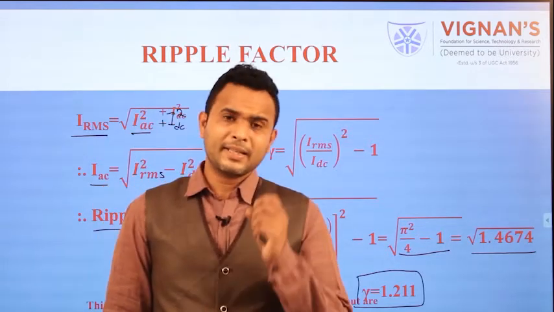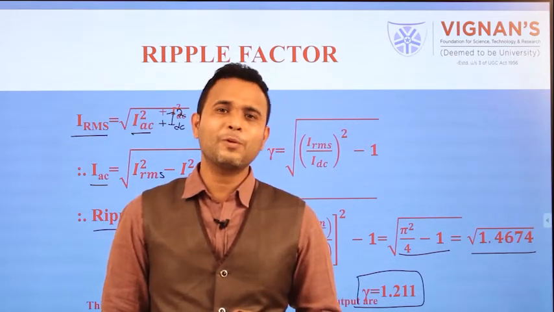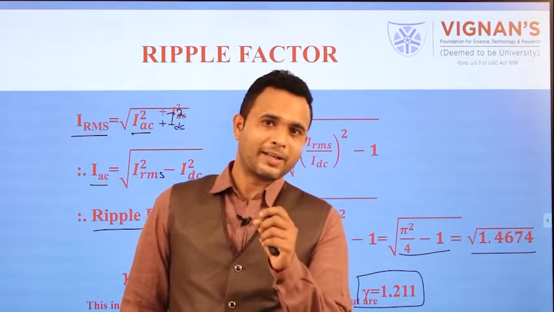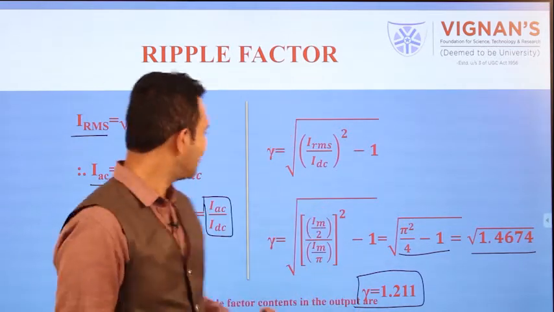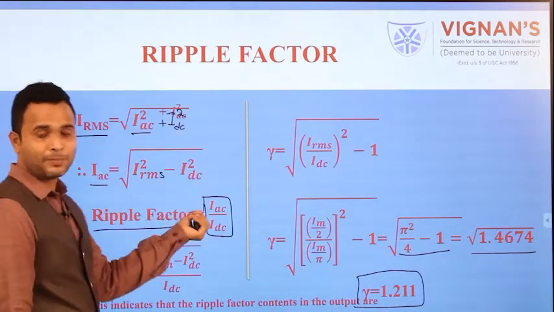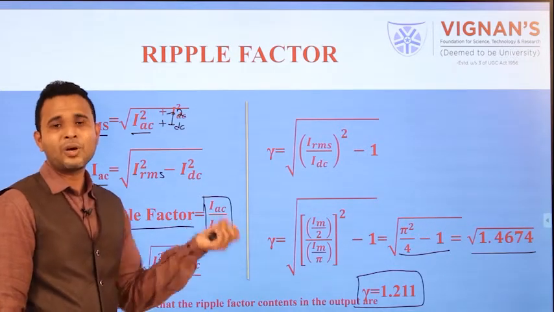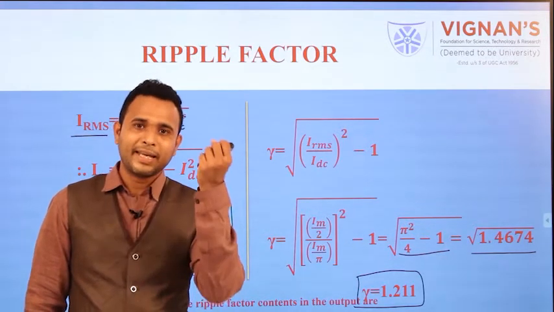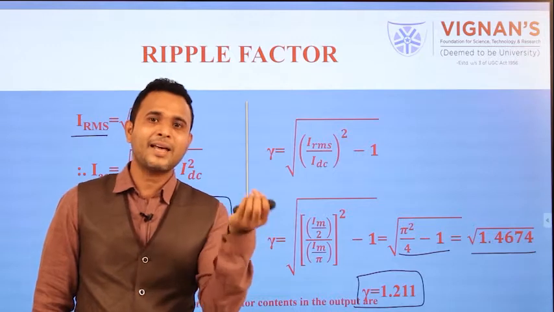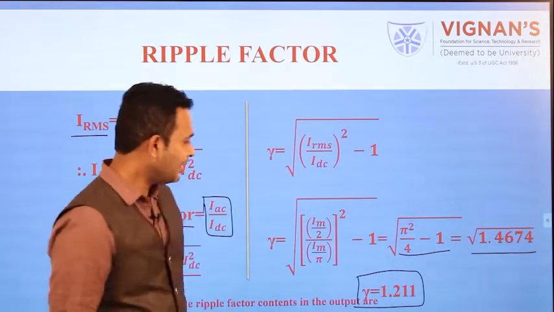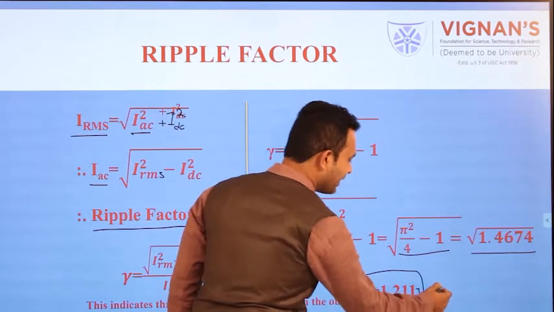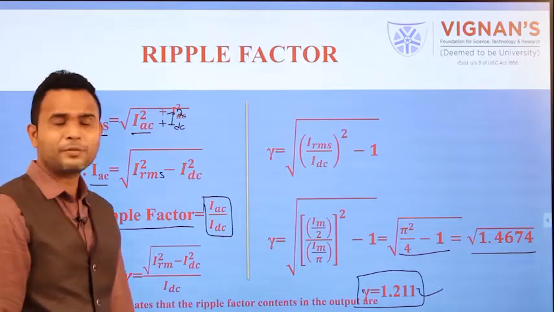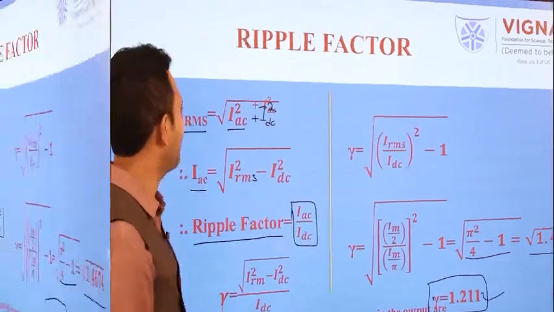So here the main point is, is a high ripple factor better or a low one? Anyone? Right, ripple factor low is better. Why? How are we defining the ripple factor? AC by DC. On the output side we need only DC, so we want the AC component as small as possible. Here the ripple factor is very high for the half wave rectifier, right? This is also one of the disadvantages of the half wave rectifier.